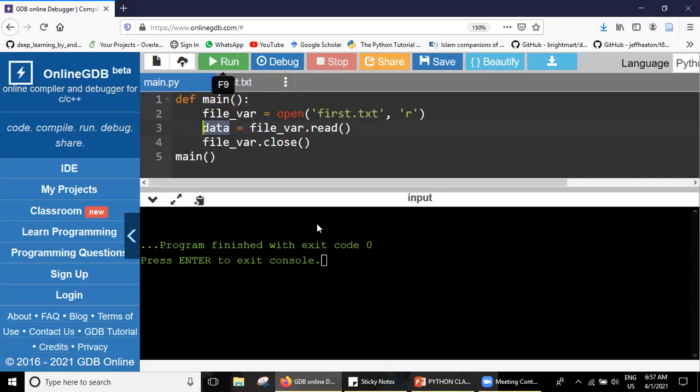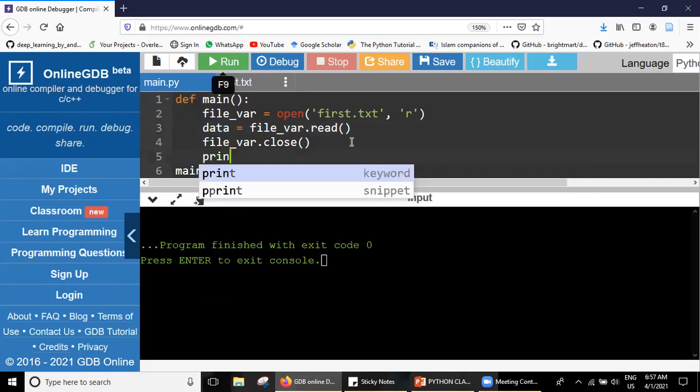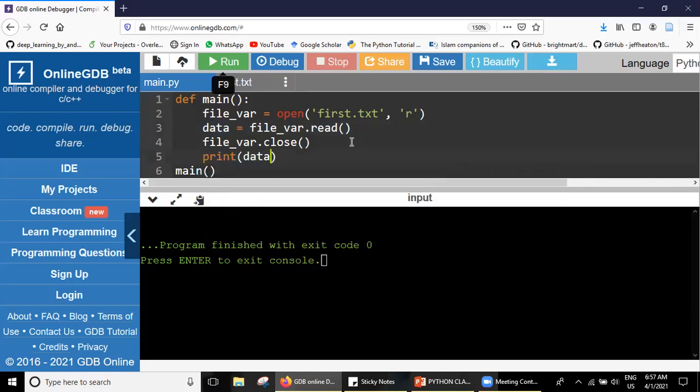If you remember last time what we did, when we are accessing a file and reading a file, all the content is stored here in the data, but we haven't printed it, right? If we want to print it on the console, how can we do that?